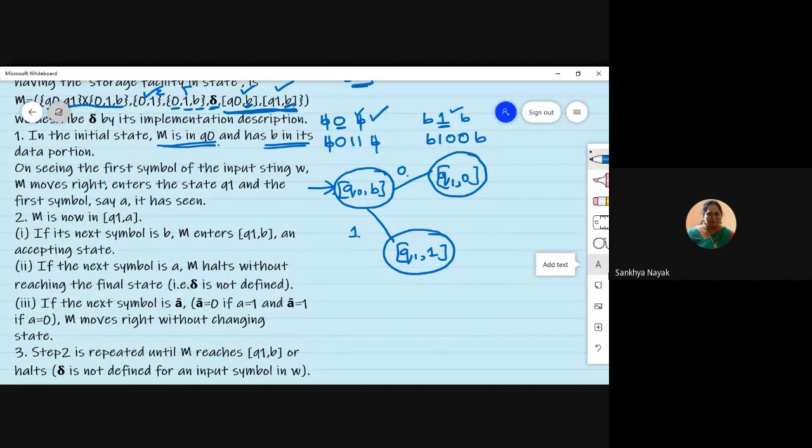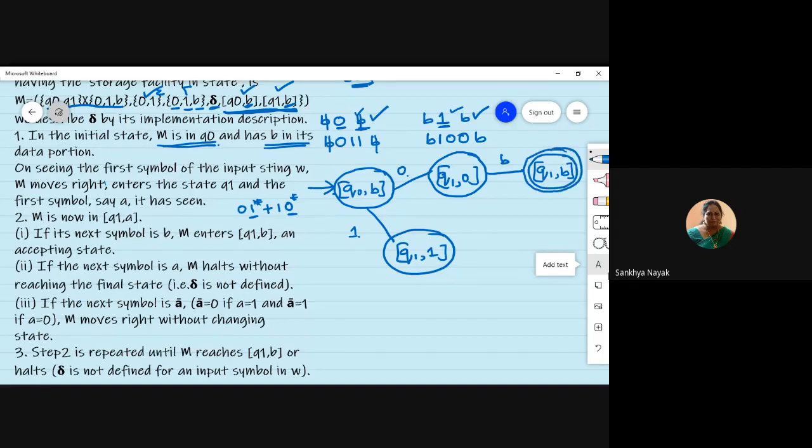So if you see this and this, only this followed by blank also should be accepted, isn't it? I hope this is clear because we said 0, 1 star or 1, 0 star. So the second one is not compulsory. So just a 0, but if it is just a 0, it will be followed by a blank, correct? So from Q1 on 0, if I get a blank, I should go to an accepting state. Let me call it Q1 blank and make it a final state.